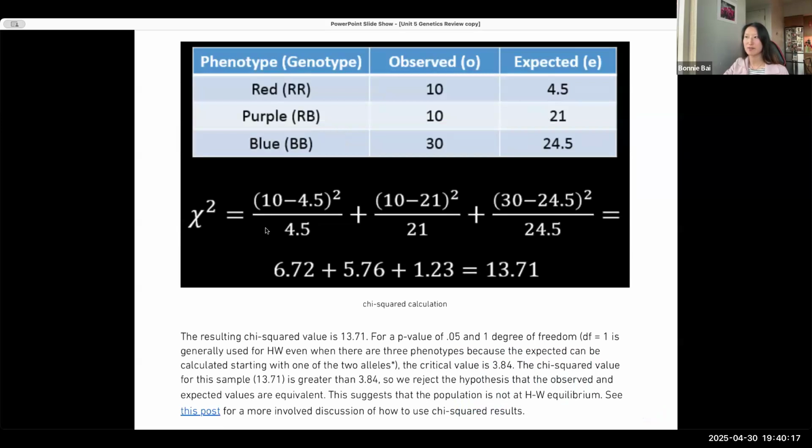So you will still do the calculation the same way, setting it up with the observed minus expected squared divided by expected, add it all up, get this number of chi-square, but in your interpretation, the p-value of 0.05,